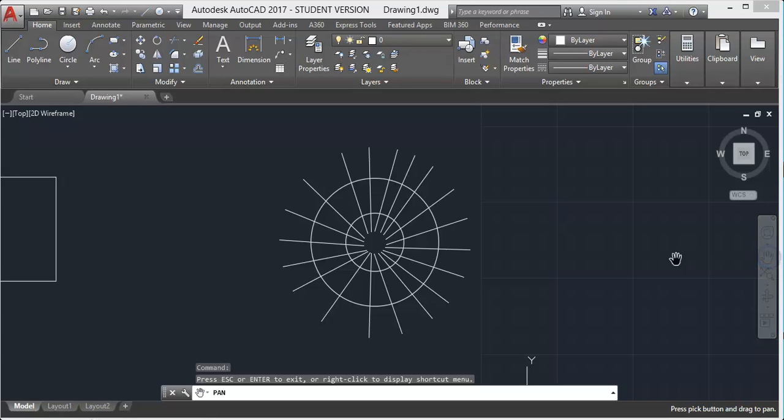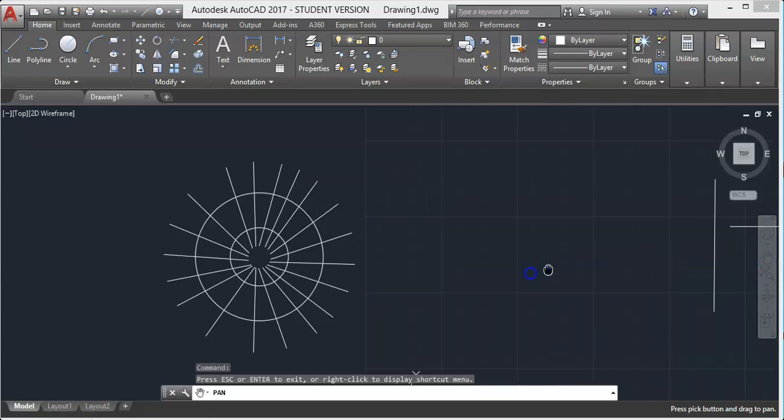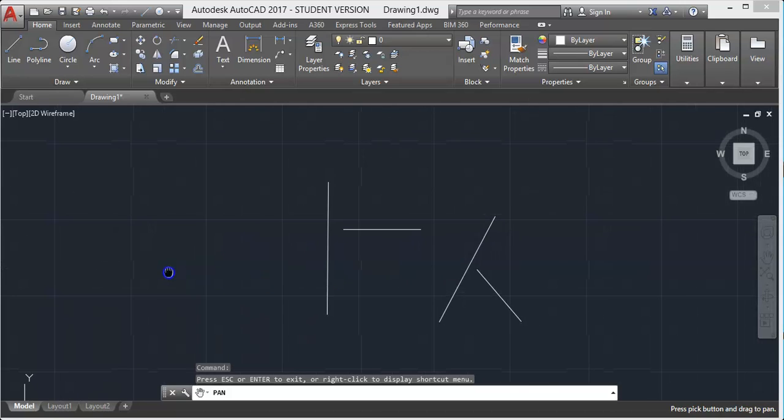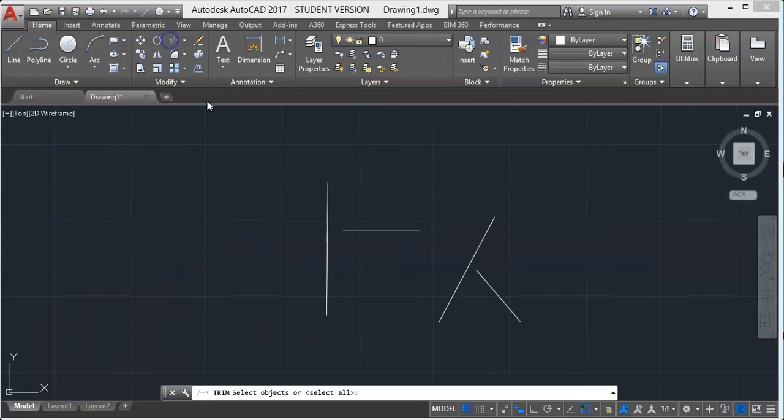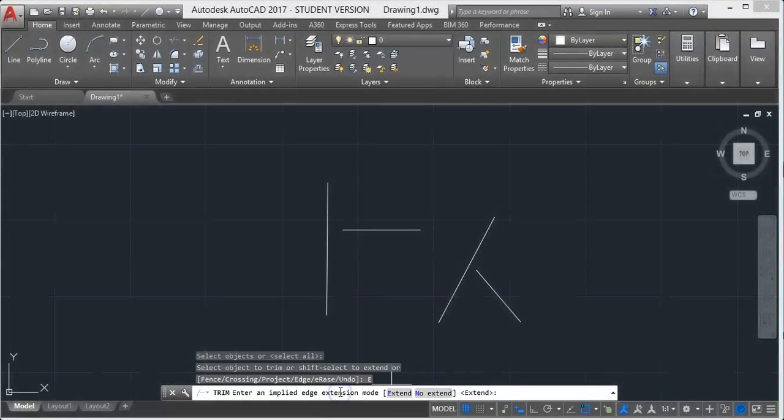Now let's look at the edge option. For that, let's move on to this drawing. So click on the trim tool and hit enter. Now here we have the edge command, select and enter. So you will get two more options, that is extend and no extend. By default, the no extend option is selected.